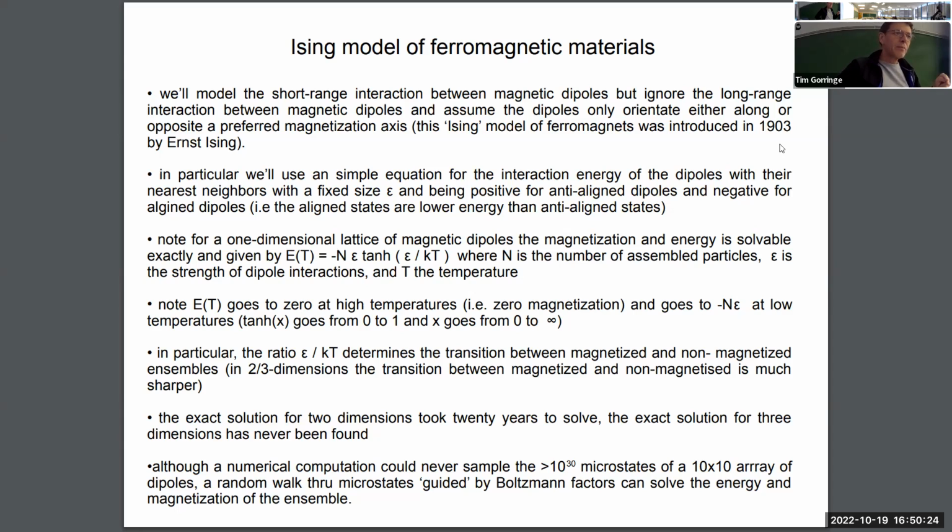If you're going to favor the dipoles being aligned, that's going to have a lower magnetic energy. If you're going to disfavor dipoles being anti-aligned, that's going to have a higher magnetic energy. So you'll favor the lower magnetic energy. That's what goes into the